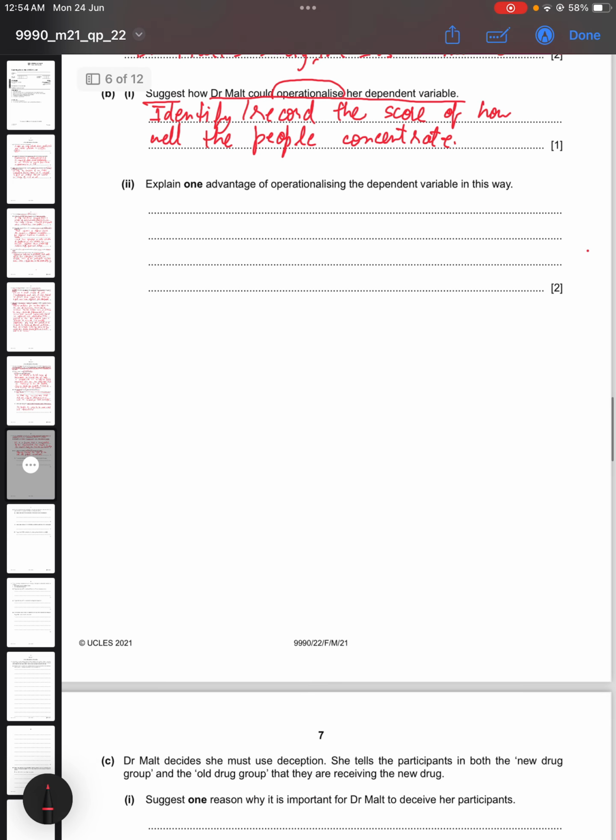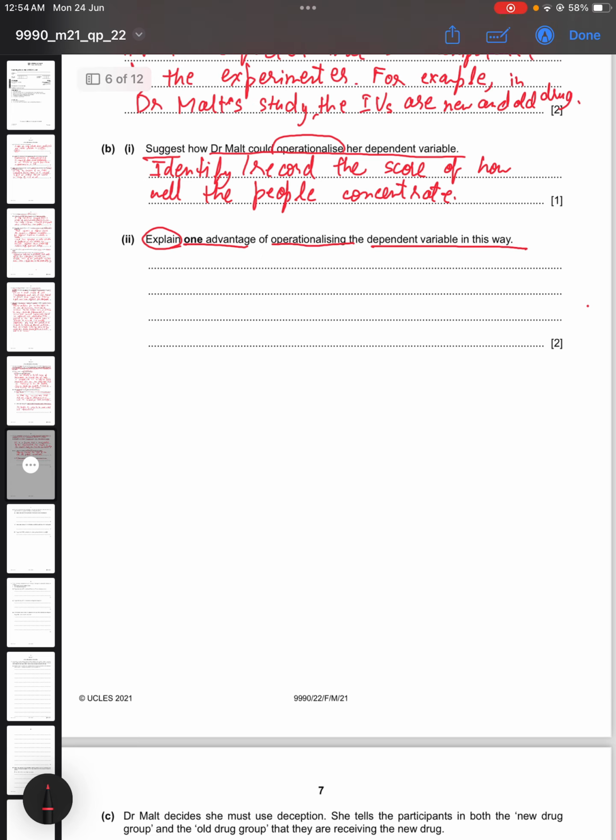Now part 2 says explain one advantage of operationalizing the dependent variable in this way. So if we have used